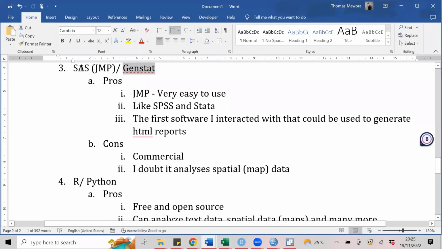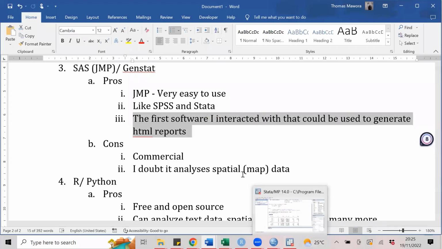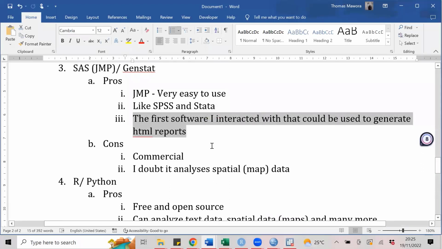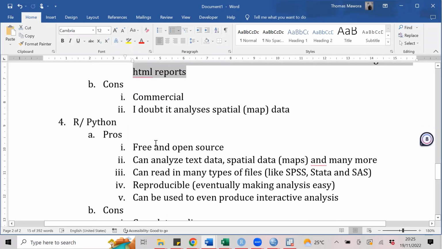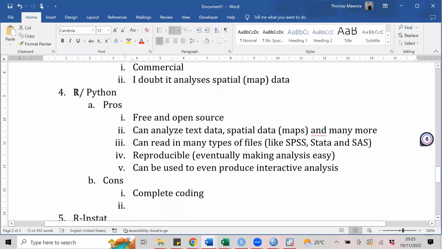Oh, but I need to mention something here. SAS, the first time I ever saw a statistical analysis software generate reports in HTML, I saw them in SAS. Nowadays, R can do that, Python can do that, but I actually saw it first in SAS, and that was then in 2007. So once you've done all that, then probably R and Python are the best because now you have a big background on what a data set is, how the data looks.